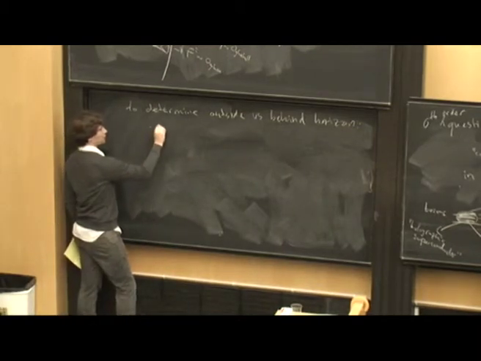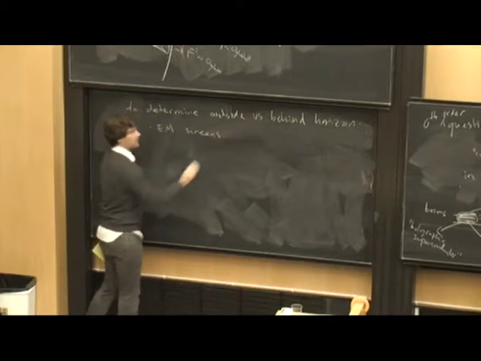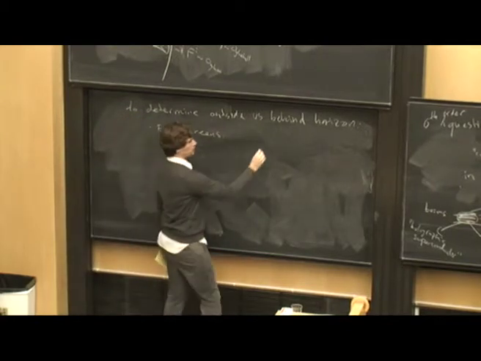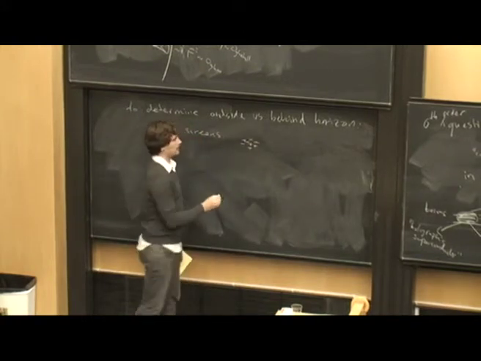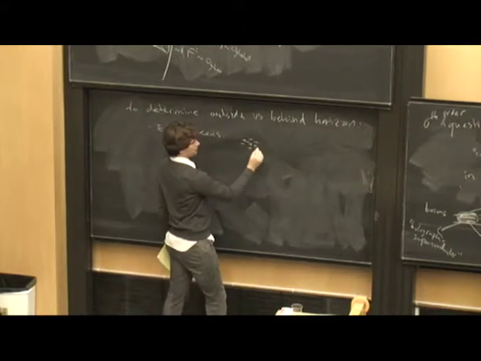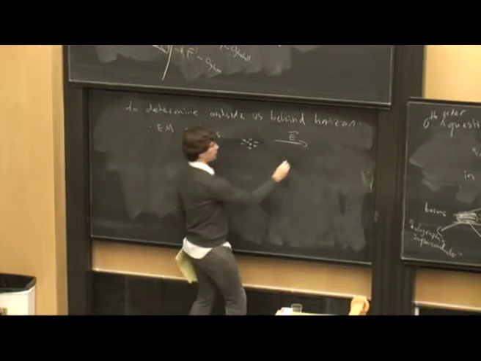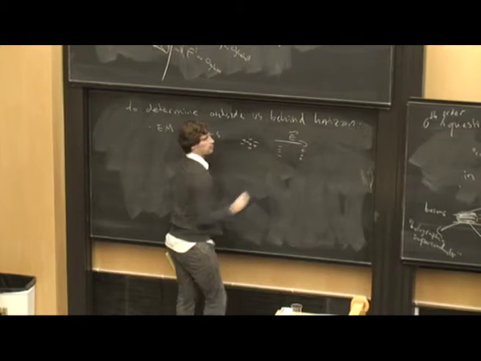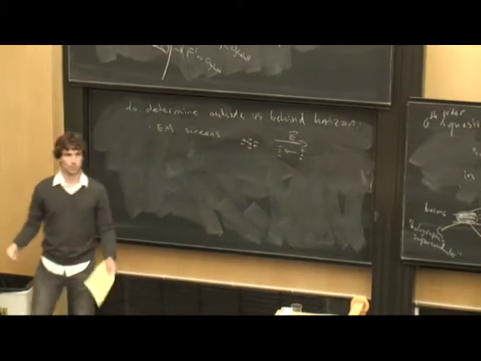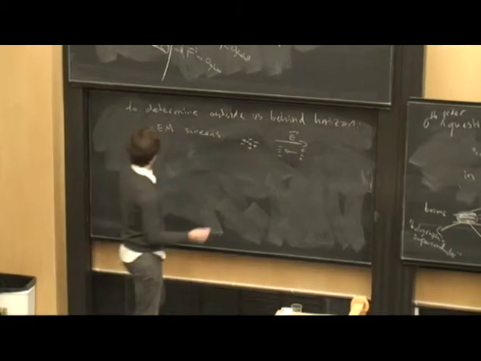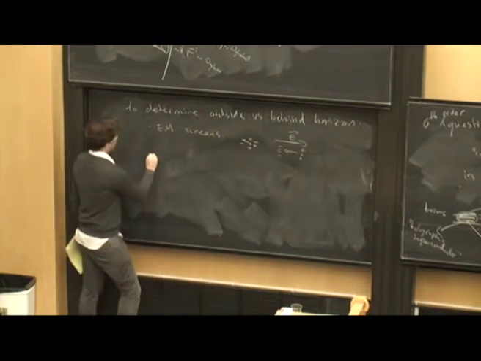Okay, so let's remember that electromagnetism screens. As you know, that means the following. Suppose we've got a bunch of charges, some positive and negative charges, and then we apply an electric field. Then the charges will separate, right? The positive ones will get pushed over here, the negative ones will get pushed over there, and these charges will create an electric field that opposes the electric field that you impose from the outside. So electromagnetic charges screen. On the other hand, gravity